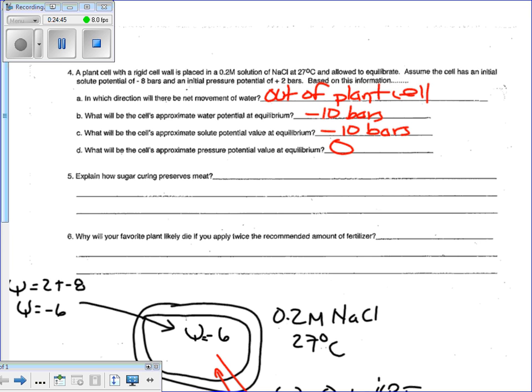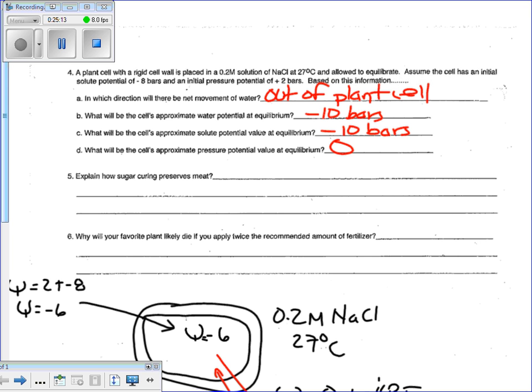One of the old-fashioned ways of preserving meat is curing it. You can cure it with salt. You can cure it with sugar. Ham is the one that's traditionally cured with sugars, brown sugars, and those types of things. What is coating meat with sugar or salt going to do? It pulls out the water and dries it, which prevents bacteria and decomposition. So it's a good preservation method.